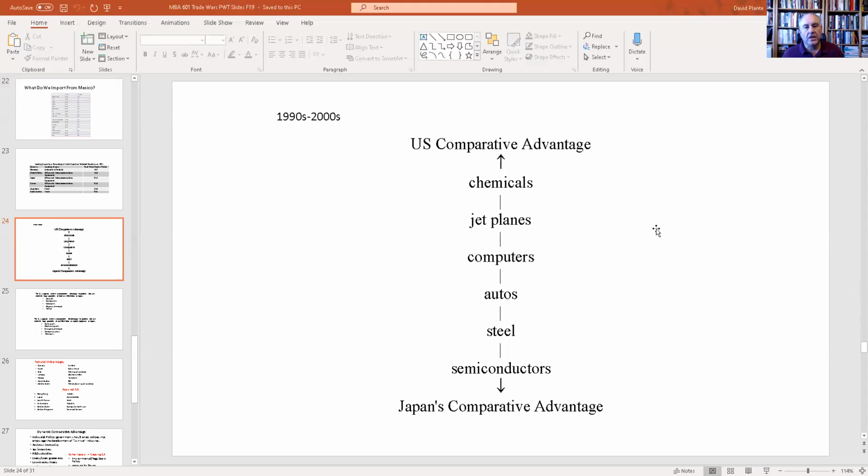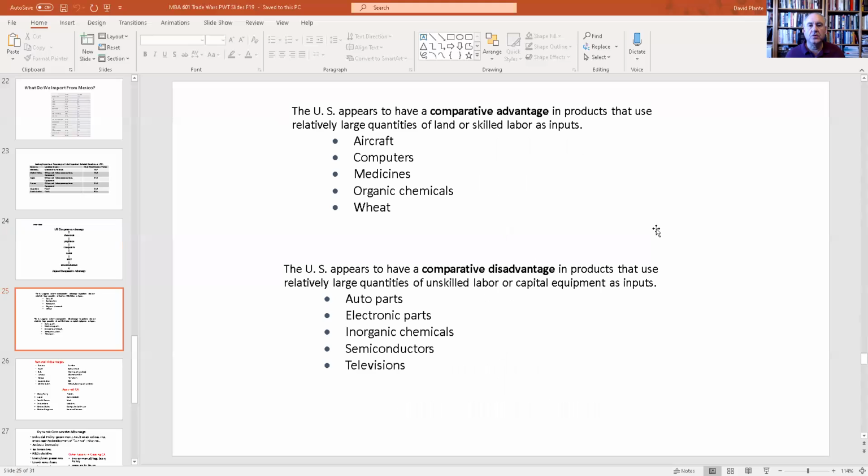This is about relative comparative advantage in essence, because we still produce some of all of these goods, and so did they, but they seem to have a larger comparative advantage in the area of semiconductors and we do in chemicals. So just sort of thinking about this, there's not perfect specialization. Both of these graphics show that on this. So the same sort of order here, looking at the areas where we seem to have a relative